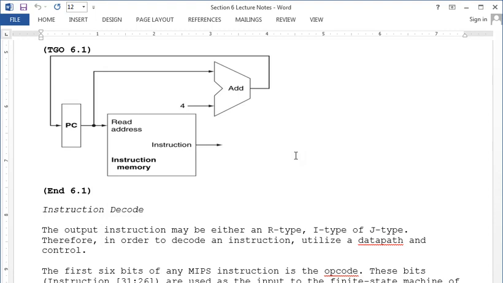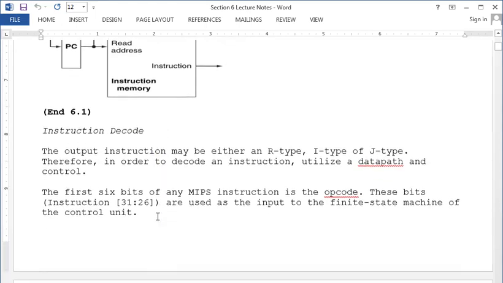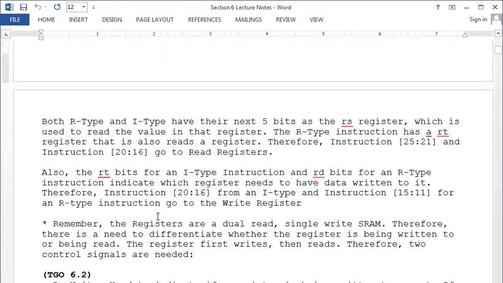I had two 5-bit inputs, and I wanted one 5-bit output on the other side. What would I want to design? A multiplexer. Very good. So we're going to use a multiplexer to differentiate between bits 20 to 16 and 15 to 11. Because in the I-type instruction, you can often use the 15. Remember,